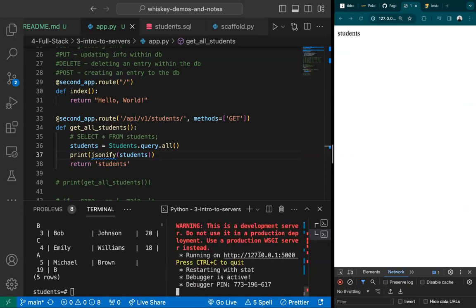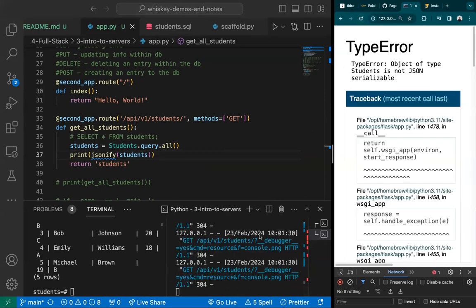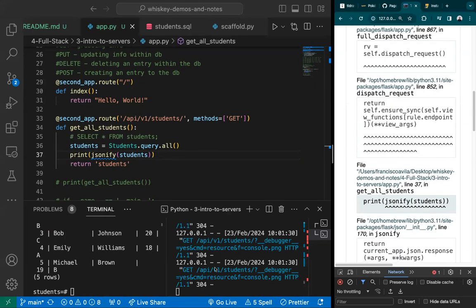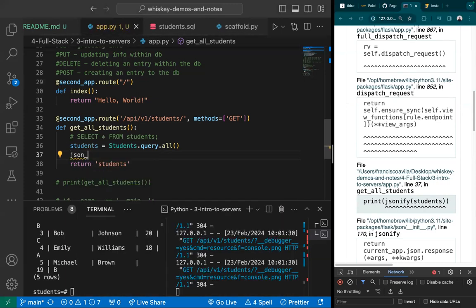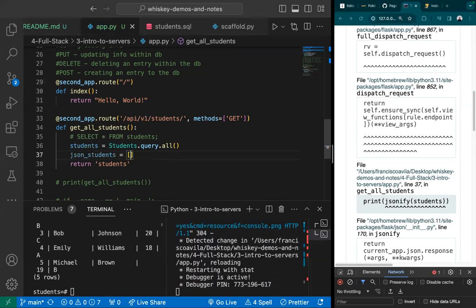Okay, my syntax error is now gone. I'm able to run it. Well, if I refresh it, it tells me, hey, you can't utilize jsonify with something that's still not JSON serializable. This is something that I can't interpret into JSON. So what I'm going to do is I'm going to say json_students, and I'm going to do it manually for now. But later, once we start working with Django, we're going to learn about something called serializers and how to turn things into serialized data. What I'm going to do here is I'm going to say, I want to have a